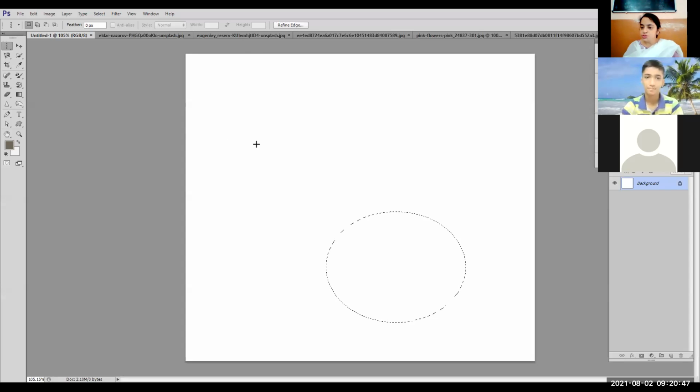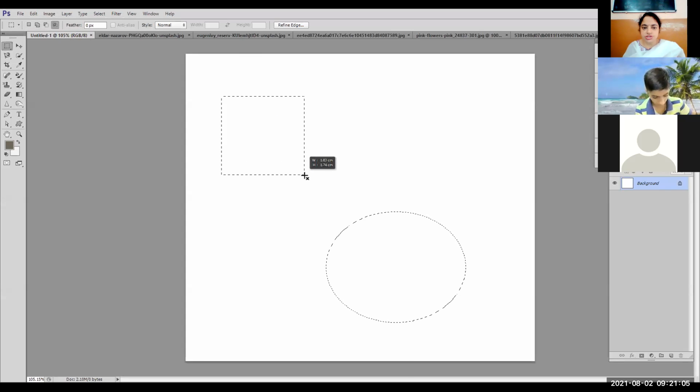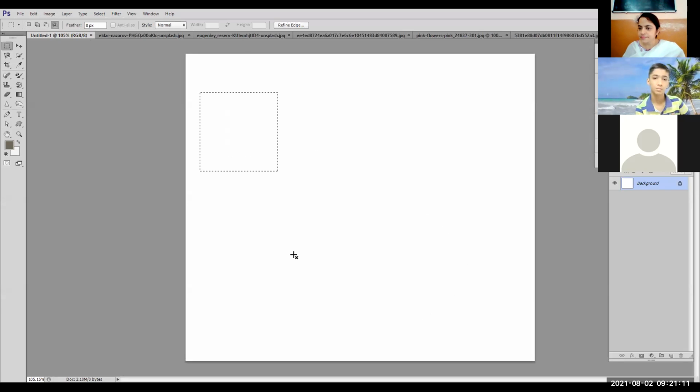Now with the selection tools, you can do very beautiful things, I can tell you. For example, first of all, learn the various options from the option bar. There is a context menu. I told you the option bar has the options related to the tool which I have selected. Now, if I select this option, I'm selecting it like this. If I make another selection, the previous selection is removed.